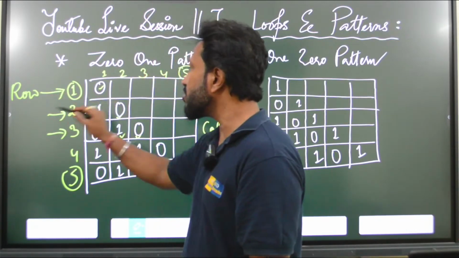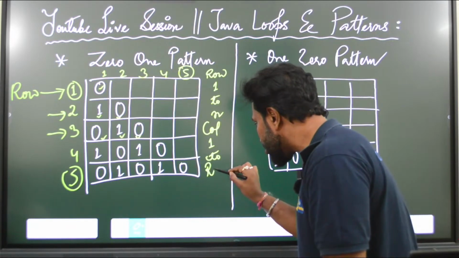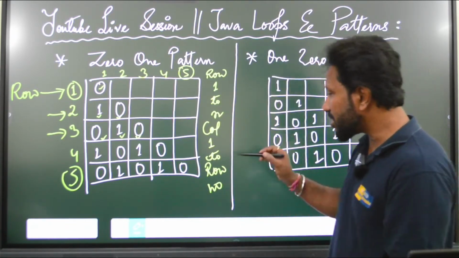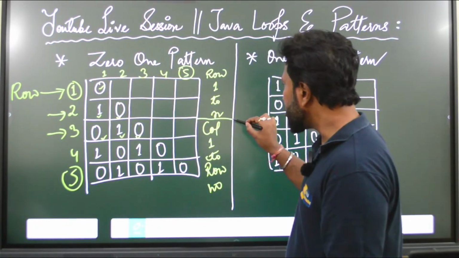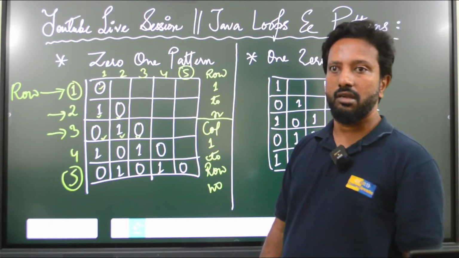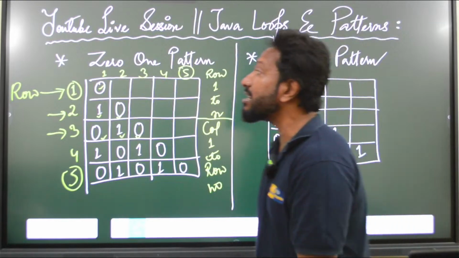This is row 1, row 2 likewise, okay. The column value is going from 1 to the row number, okay. So this is a segregation which I want you to tell. The row is going from 1 to n and the column is going from 1 to row number. Fine. Then you have to find out the similarity between the